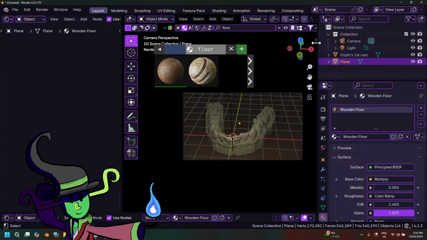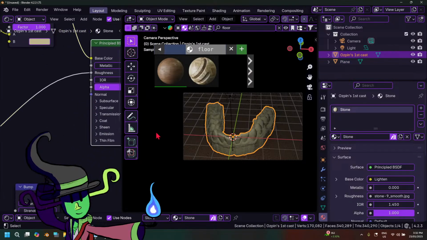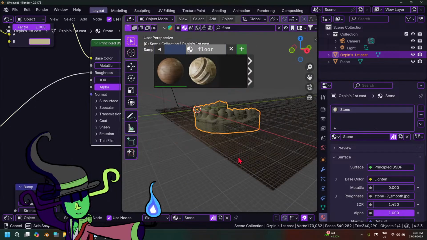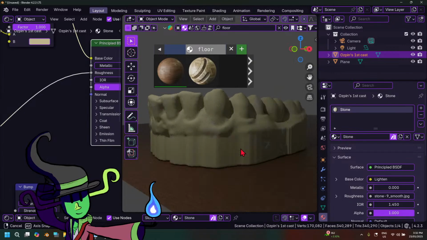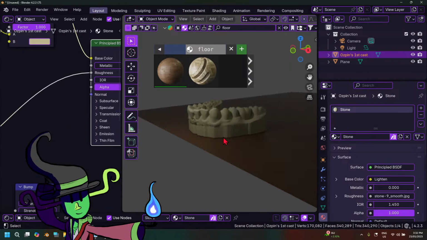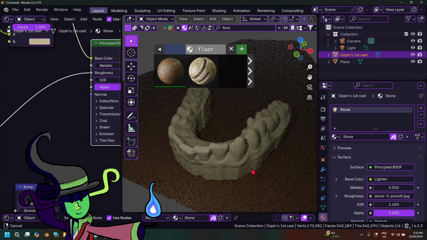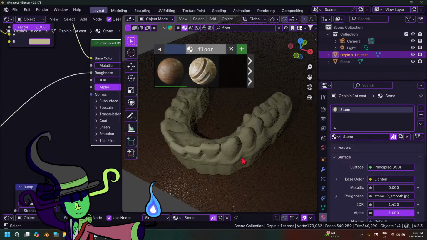Yeah, it's a very porous cast, I guess. Maybe just disconnect this. There we go. And it looks much better aside from some dust in it. Other than that, it looks much more realistic compared to